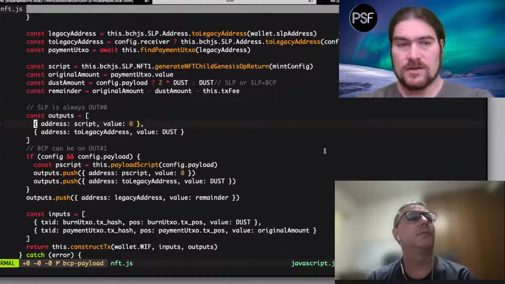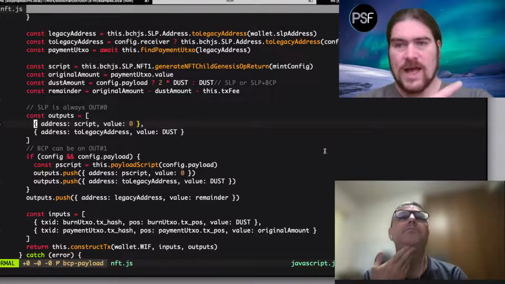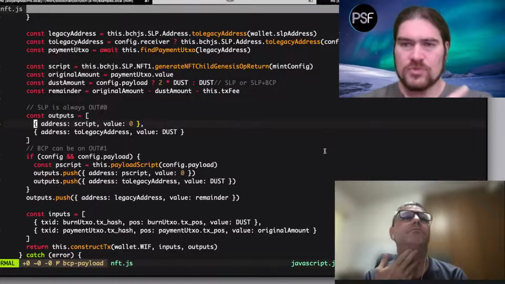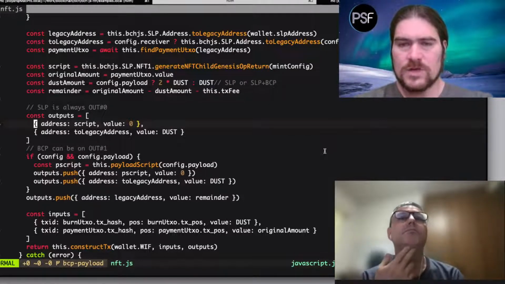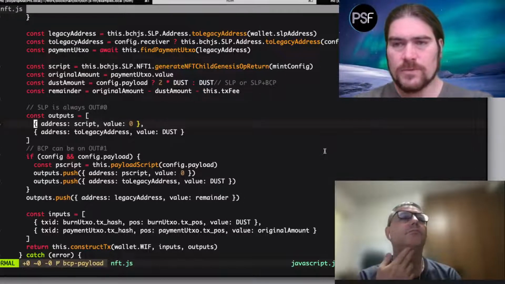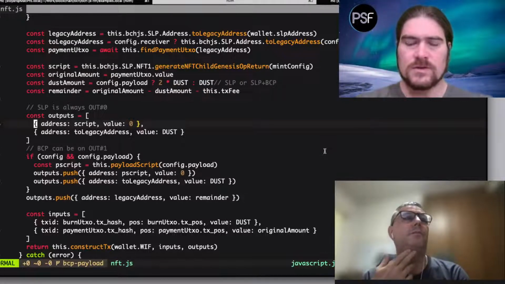I think if we had it this way as an optional, what you did here, having a second op return in the Genesis transaction, we can make that an optional implementation or Bitcoin Cash specific implementation.